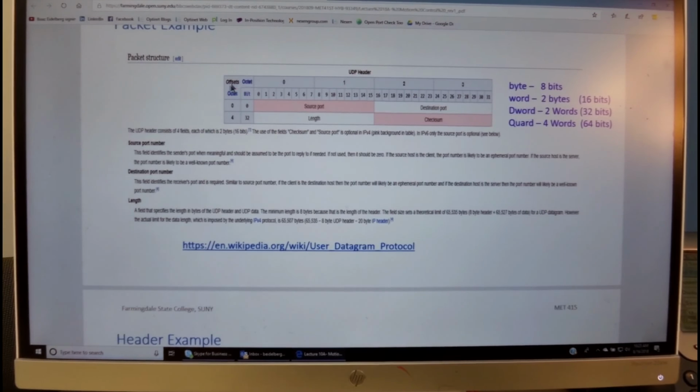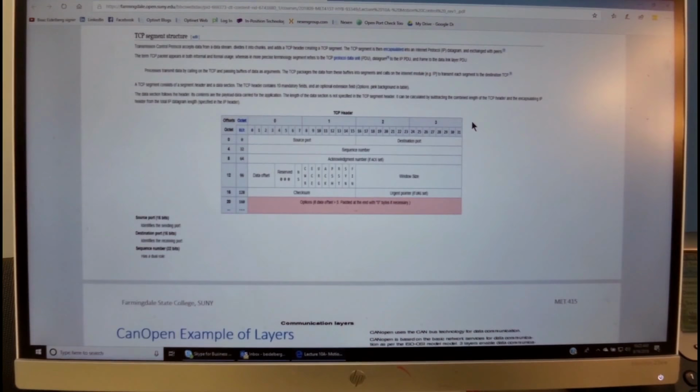And the segments of the datagrams are defined for each protocol accordingly, including how many bits will be the definition of the source port and the destination, the length of the data, and checksum to assure reliability of transmission.